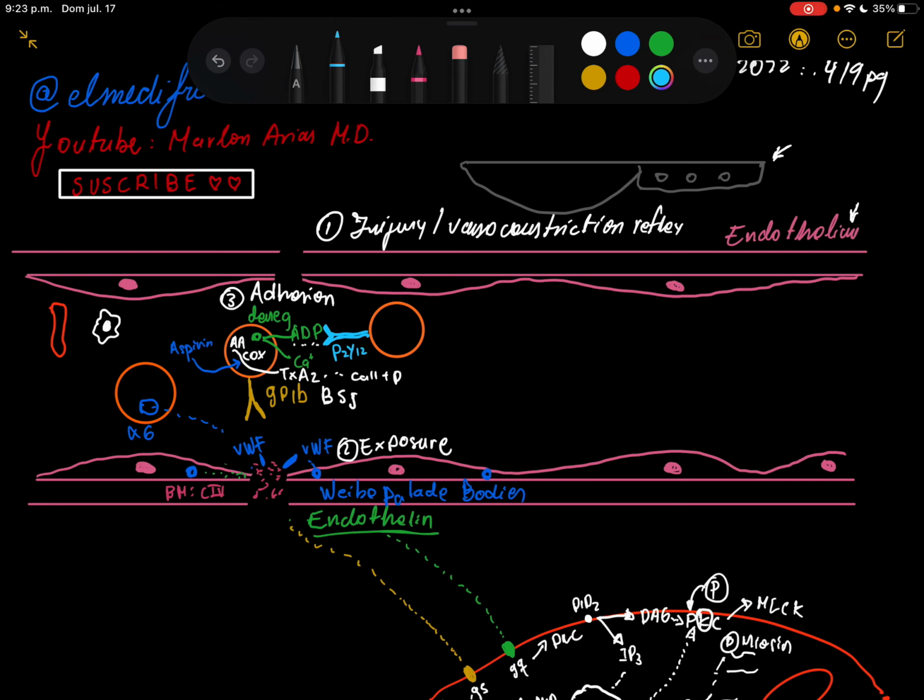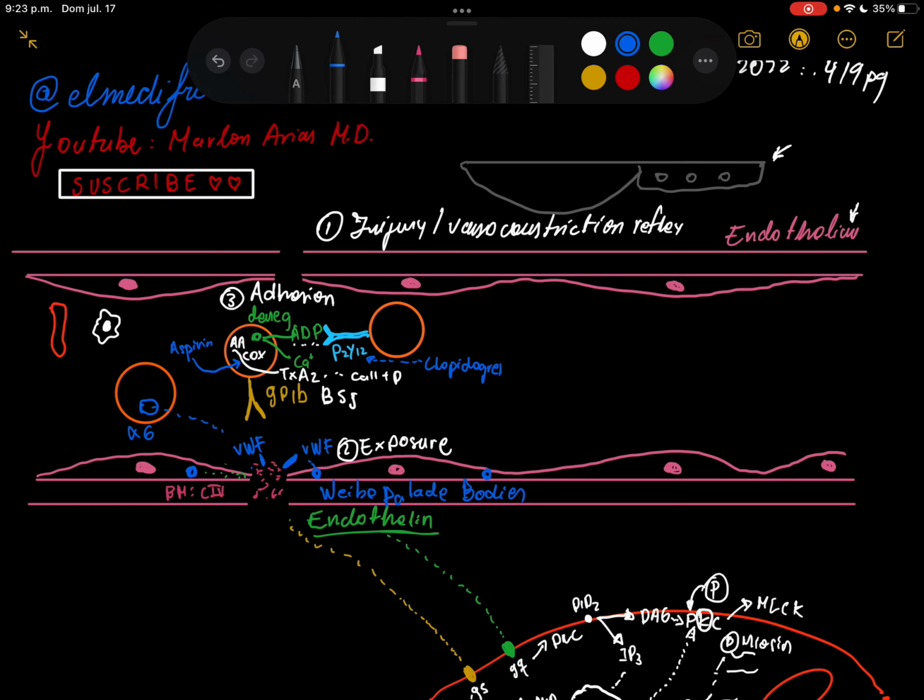Okay, P2Y12 is going to bind to ADP and make other things happen in the platelet, but it's important because it's a target of a medication, a really famous medication like aspirin, but here we're going to have clopidogrel. Okay,